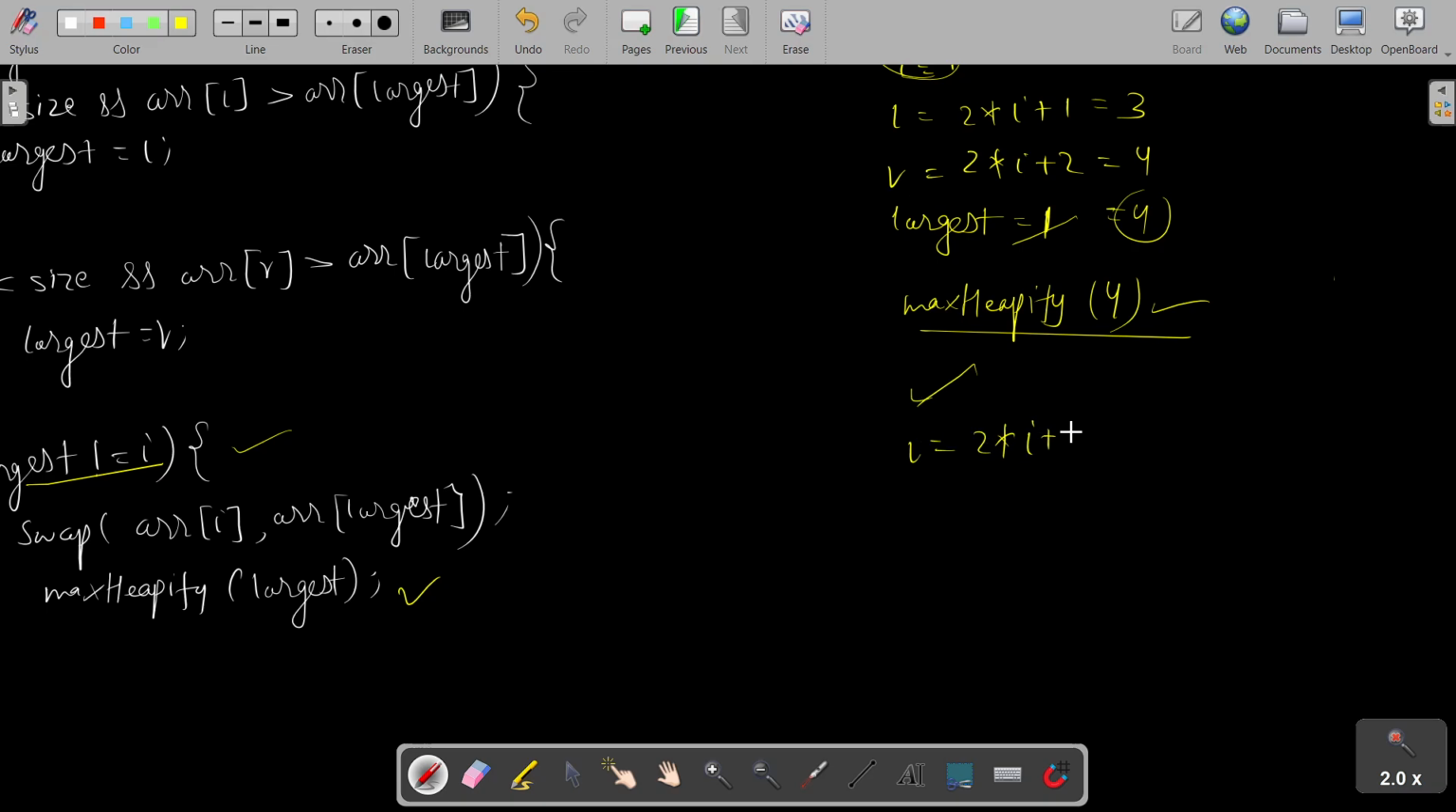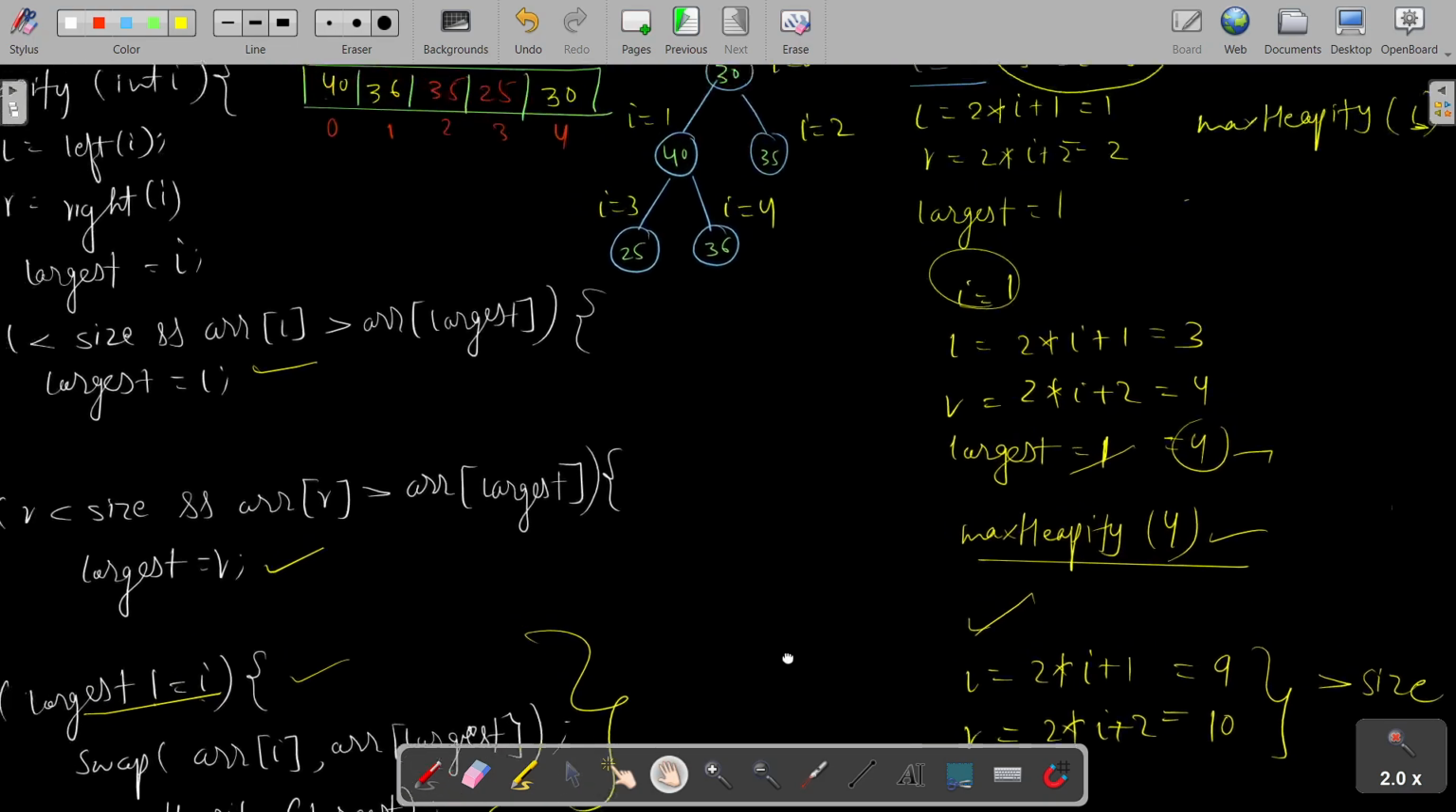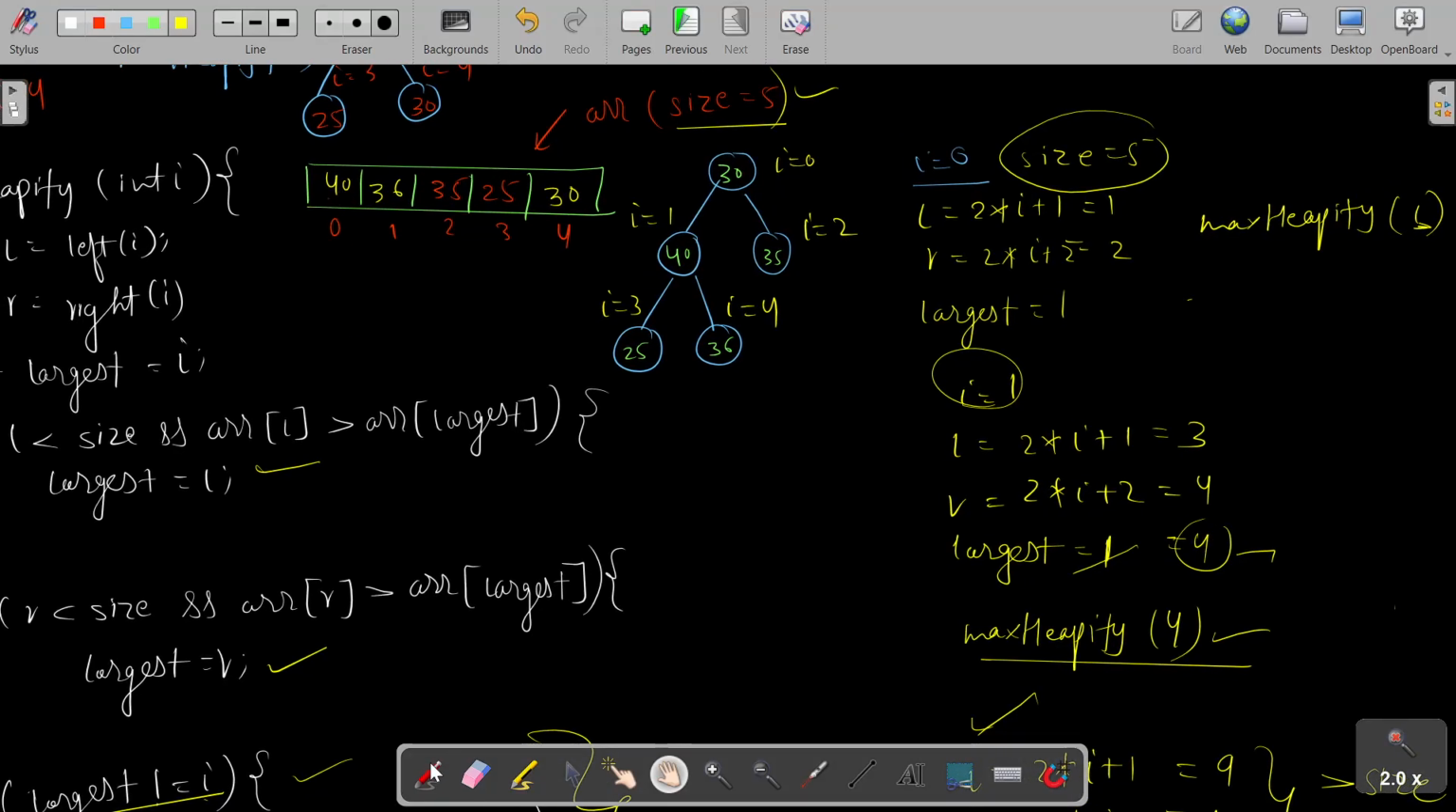Right becomes 2 into I plus 2. Both of which, 2 into I plus 1 will be 2 into 4 plus 1, which is 9, and 2 into I plus 2 will become 10. Both of these are greater than size. So there will be no change in the value of the largest variable. If this variable is not changed, then this last condition is also not executed, and hence the function terminates. So the final array that we are going to get is this. This is the final array that we are going to get, and this